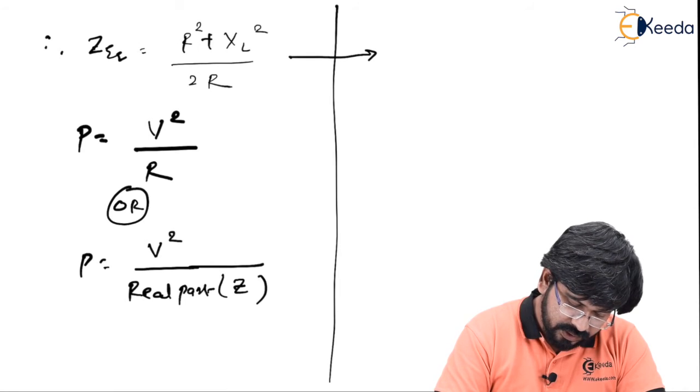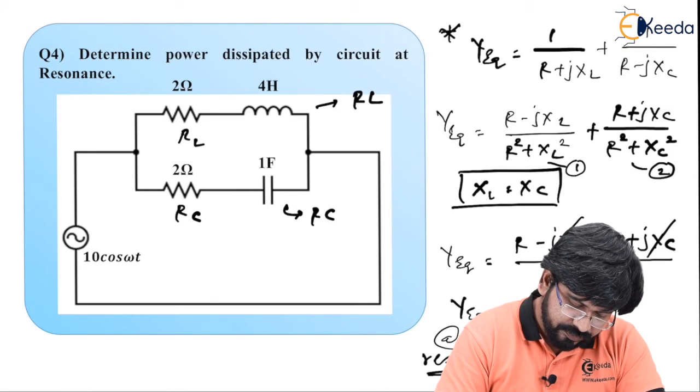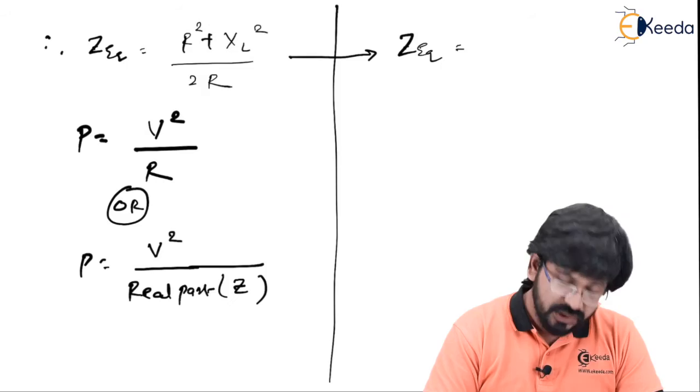Therefore, now Z equivalent becomes R square, where R is 2, and so Z equivalent is simply